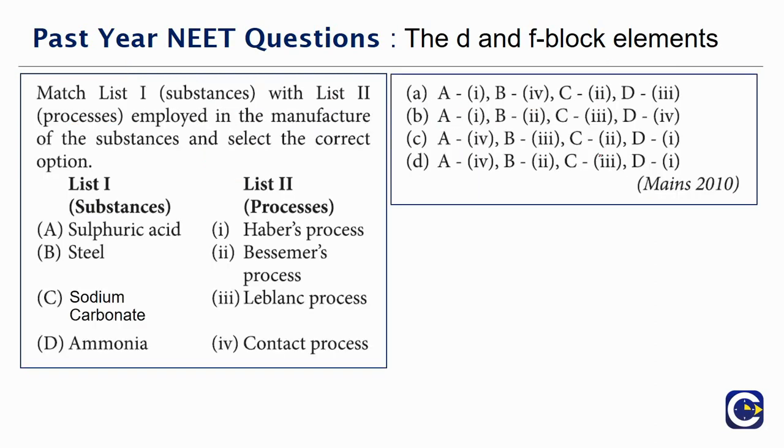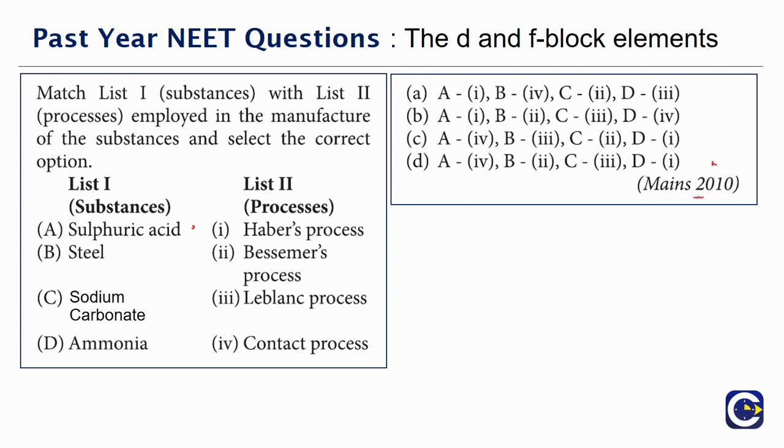Next we have a match type of question. I think while discussing this type of question, we would have probably told that these questions can be kind of easy if we are able to at least map some of these options. Even sometimes we are not aware about all these given options and the corresponding matching, right? If you are at least able to match some of them, you can get through with the correct answer. So look at this question.